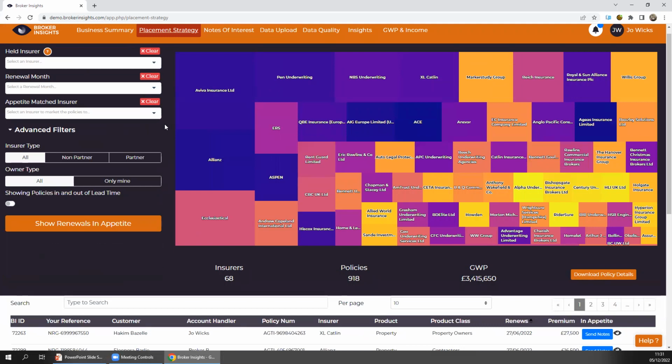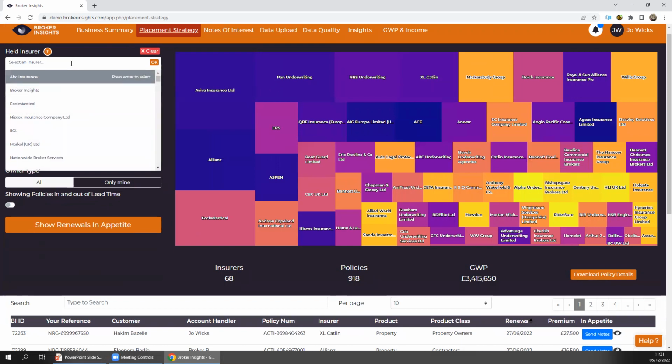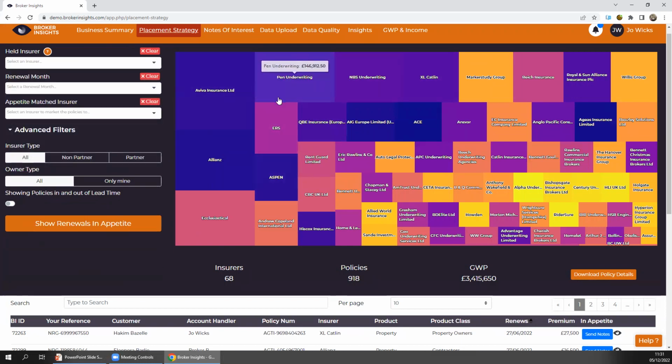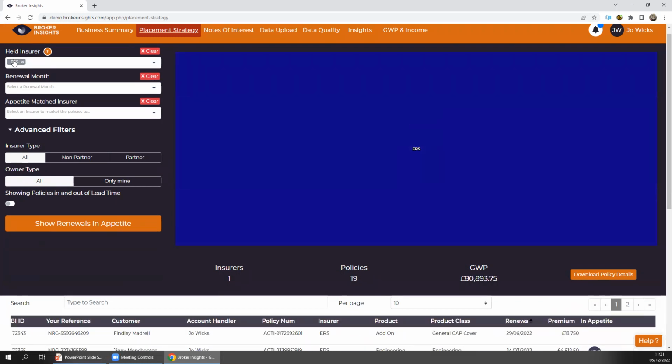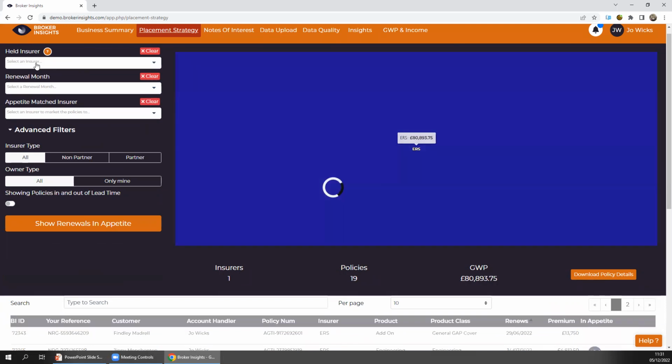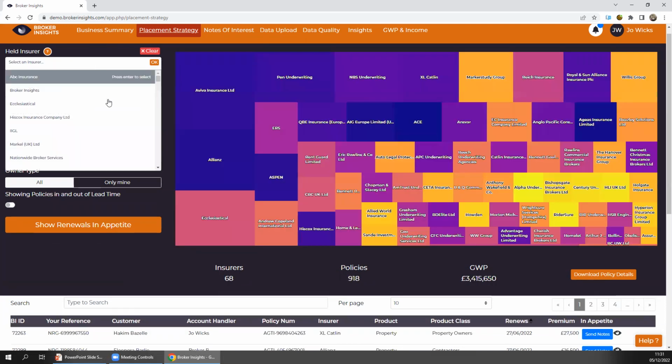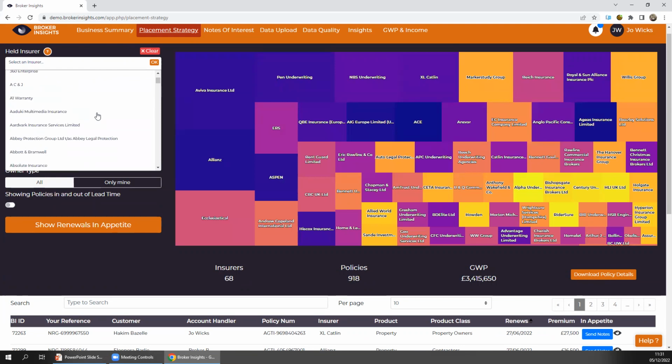So to allow you to chop and change and drill into that data a bit further, the first one is the held insurer filter, which is basically the same as me clicking on a tile in the quilt. So if I click on Choose ERS this time, for example, you'll see it puts ERS in that held insurer filter. So it does go hand in hand, but it allows you to identify any insurers that you want to have a close look at and find the policies that sit with that insurer.